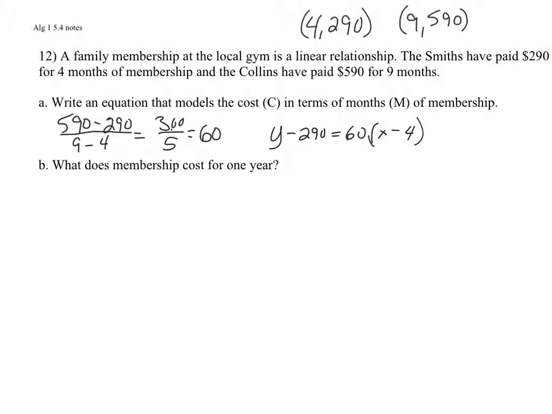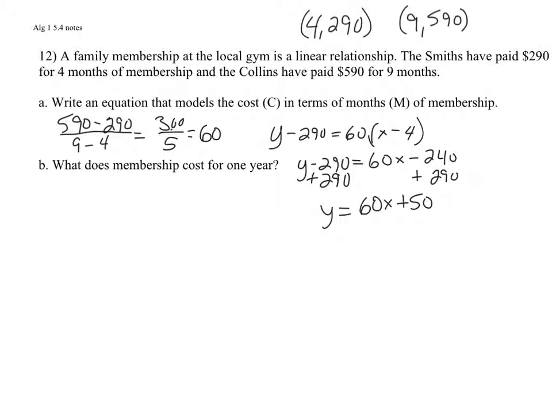Now, my follow-up question says, what does membership cost for 1 year? All right, well, I'm going to need to move this into slope-intercept form. That makes more sense in this particular question. So I'm going to go ahead and multiply out my 60 times x and 60 times 4, so that's going to be 120 twice. So that would be 240. And then if I add 290 to both sides so that I can get y all by itself, then I'll have y is equal to 60x